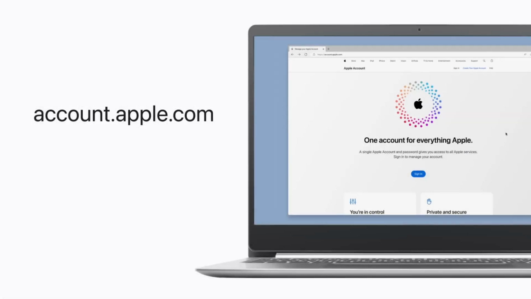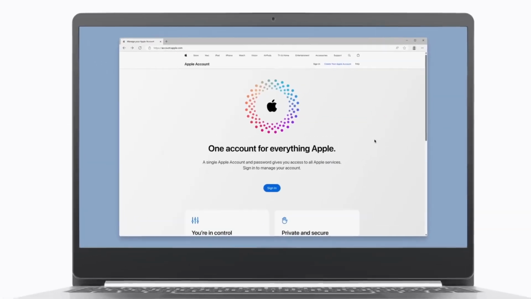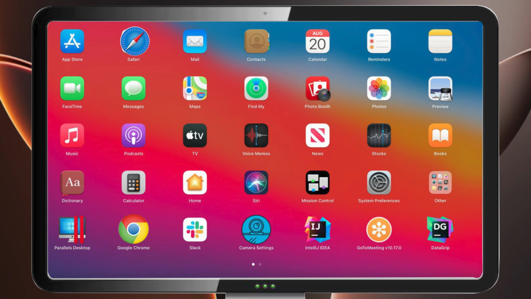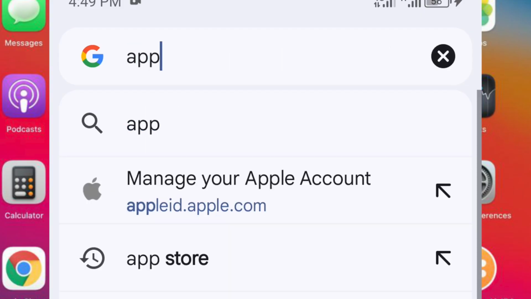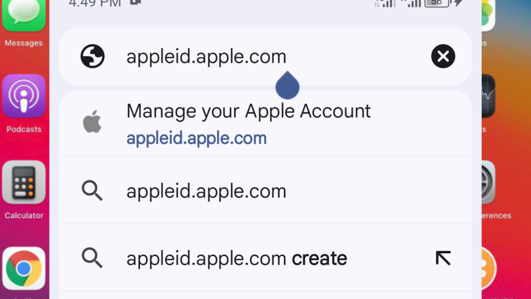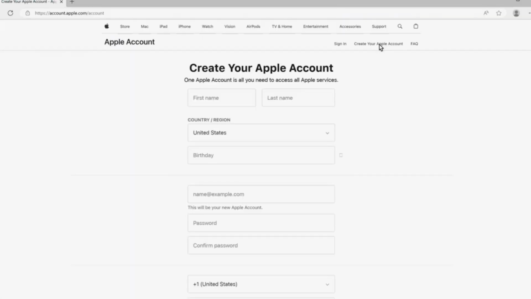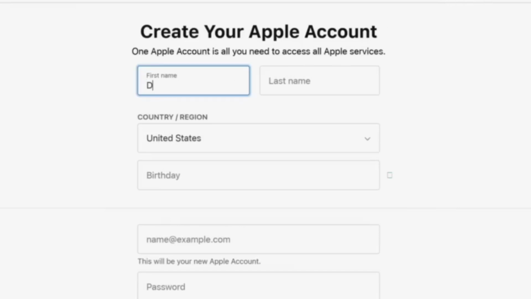Let's see how to create an Apple ID on a web browser like Safari or Chrome. To begin, open your web browser, such as Safari or Chrome, and go to appleid.apple.com. Once there, click Create your Apple ID and fill in your personal information, such as your name, birthday, and email